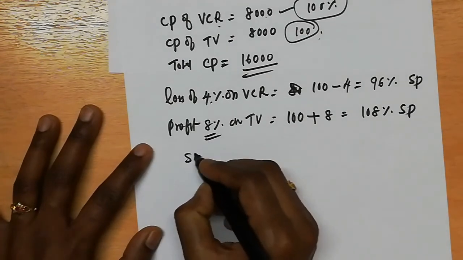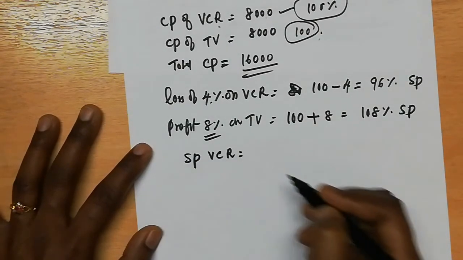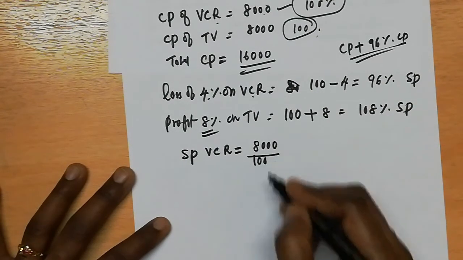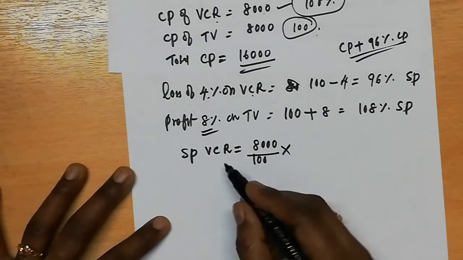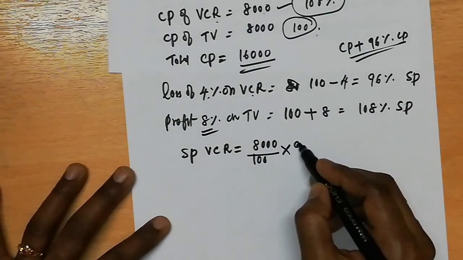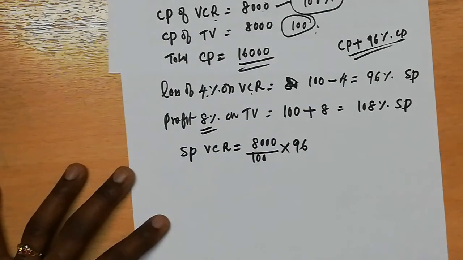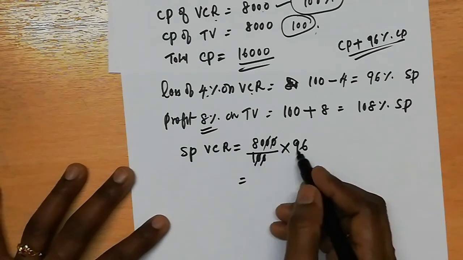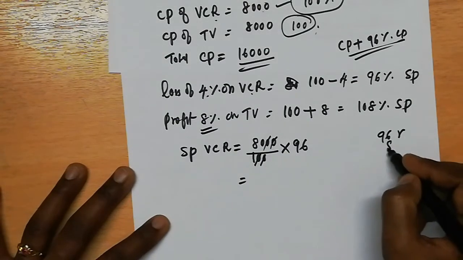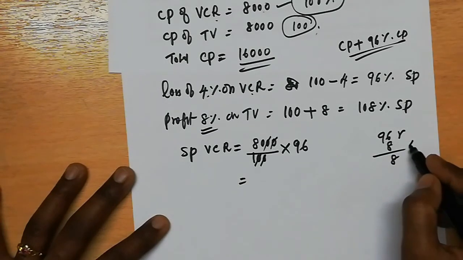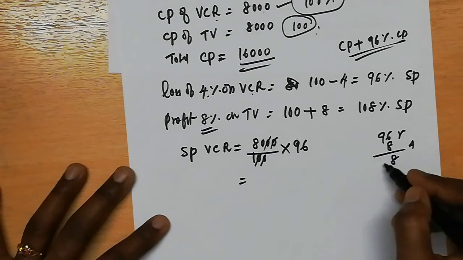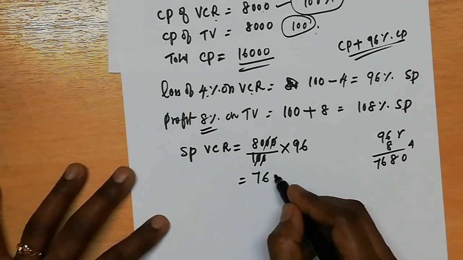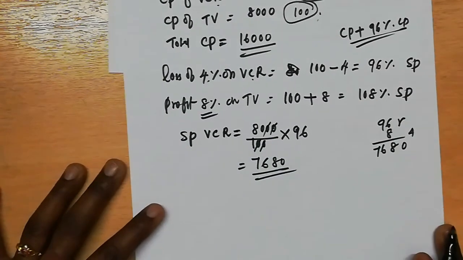So we will write here the selling price of VCR. How to find that? Here 100% is how much? 100% is 8,000. Okay, then we have to find how much? 96%. So we will write here, we have to find 96%. So clear. Then 0, 0, here also 0, here also 0. We will multiply 96 into 8. 6 8s are 48, remainder 4, 8 9s are 72 plus 4 is 76. Here is 1 0, so we'll put it. So currently 7,680 is the selling price of VCR.